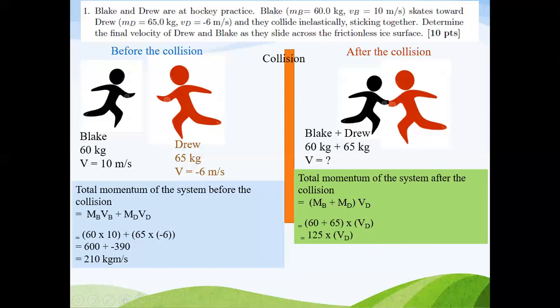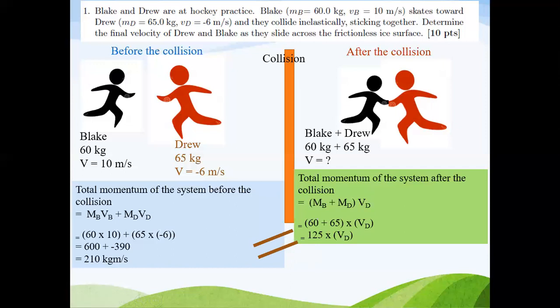So it will be 125 times the velocity of the system. Again, please ignore this letter D. It is not indicating Drew. It's my mistake. I apologize for that. So it should be just V, because we are talking about the velocity of the system of Blake and Drew, right? All right, now conservation of momentum says the total momentum of the system before the collision is equal to